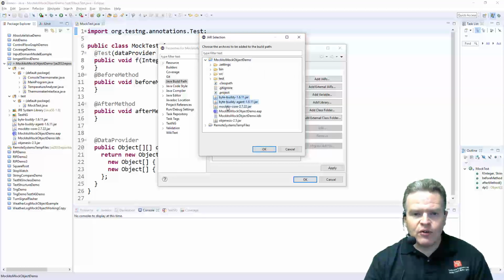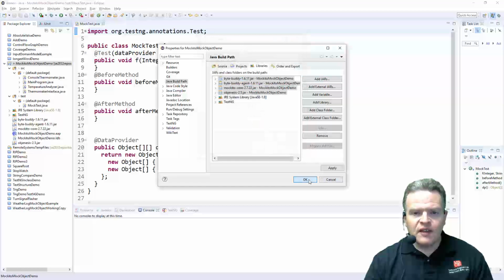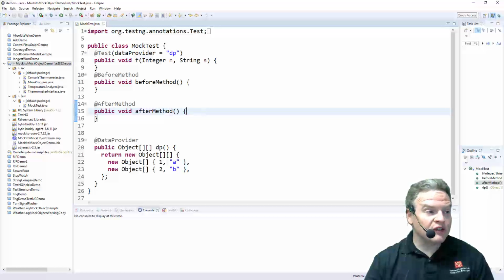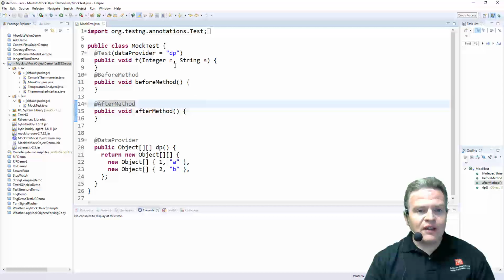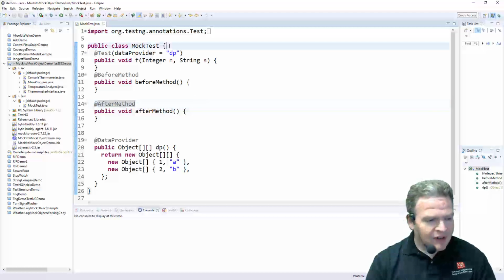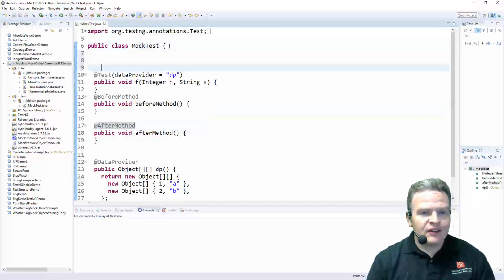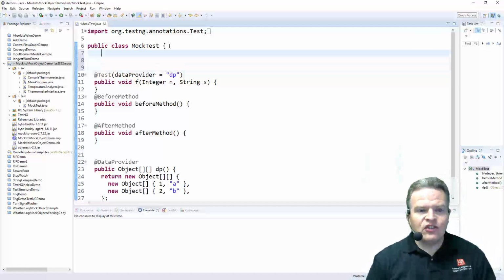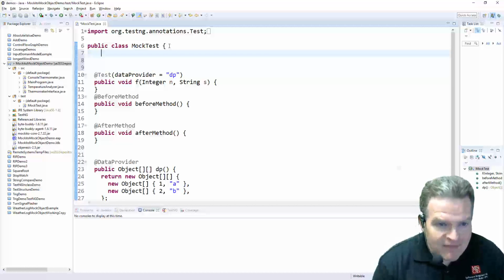So I will go through, select all 4 of them like so. They are now part of my project, and I can start using them for testing purposes. So the first thing that I want to do is essentially set up my mock test here. So what I'm going to need in here is essentially a